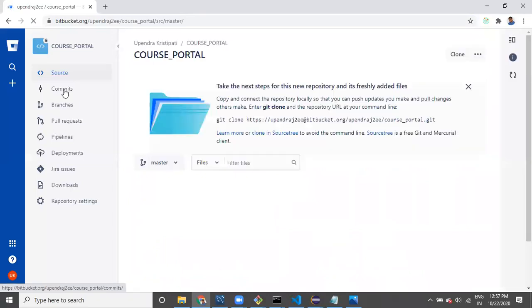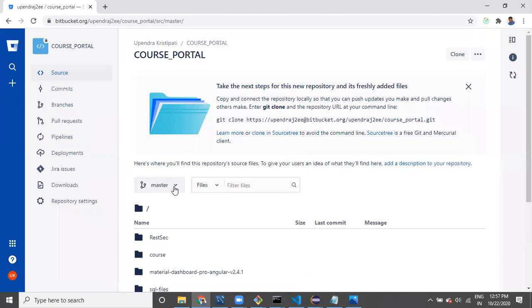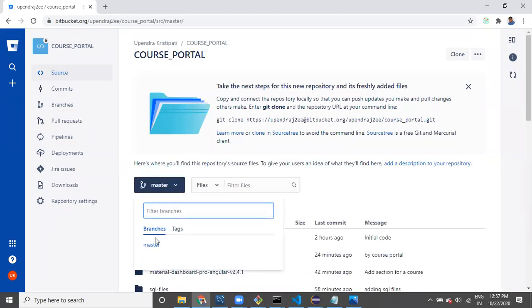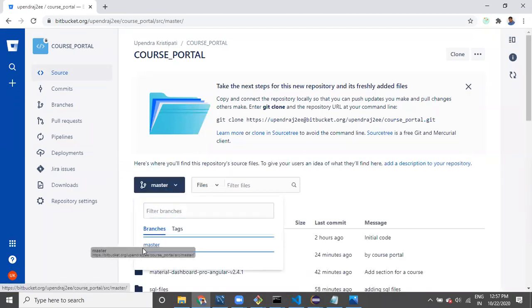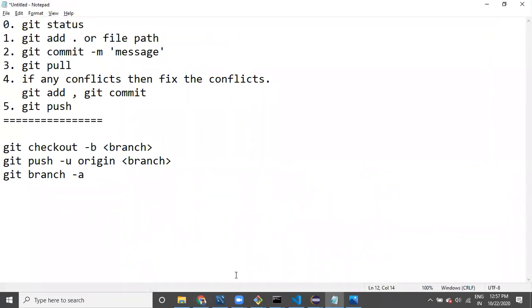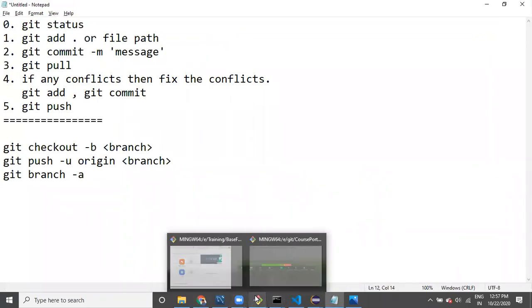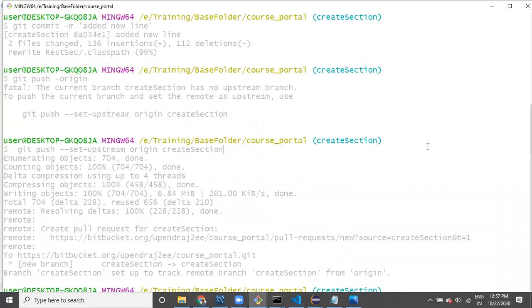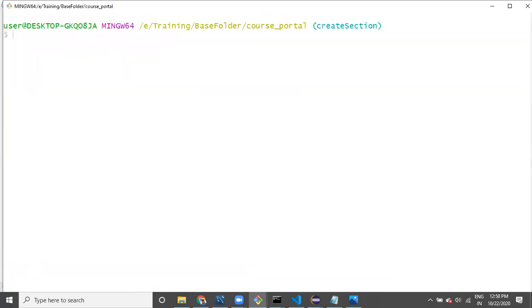If you refresh it, you can go to here. You can see here branches are available, still master. Okay, we'll check it out. The branch is set up from the action, create section. Okay, 1 second.